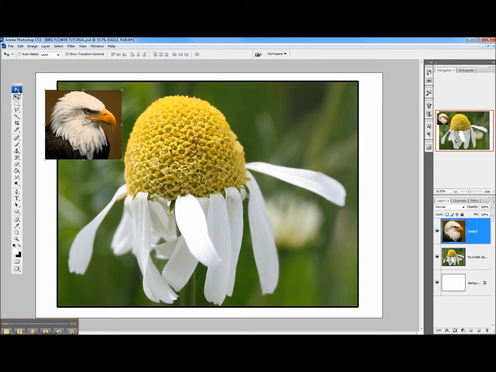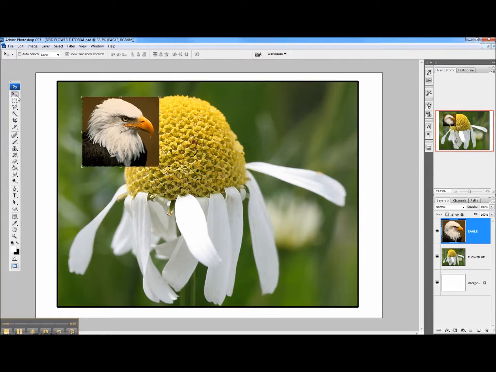Over here on the left we have the toolbars. The very first tool here is the Move tool, which allows me to actually click on things and move things around. We have a selection box here, which gives us various different selection tools. These are all about selecting parts of images or all of images, and we'll come to those gradually over these tutorials. A general brush tool for painting, the eraser tool, which we're going to use quite a bit for rubbing things out, paint bucket for filling, and a gradient tool, which allows us to put different colour gradients in,